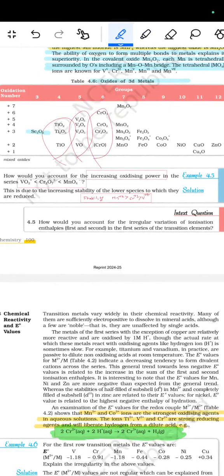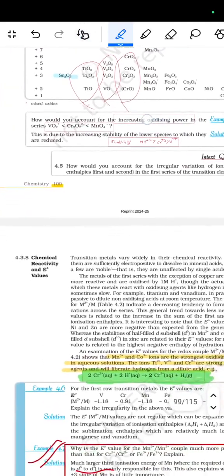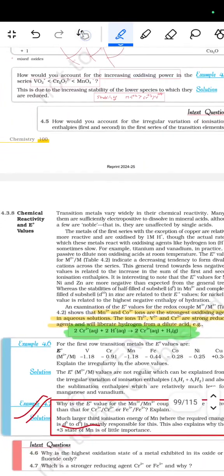फिर Mn2O7, MnO2, Mn2O3, Mn3O4, MnO है. Fe2O3, Fe3O4, FeO है. Co3O4, CoO है. NiO है, CuO और Cu2O, और इधर फिर आता है ZnO है. इसके बाद फिर आता है कि why would you account for the increasing oxidizing power in the series VO2+, Cr2O7 2-, MnO4-